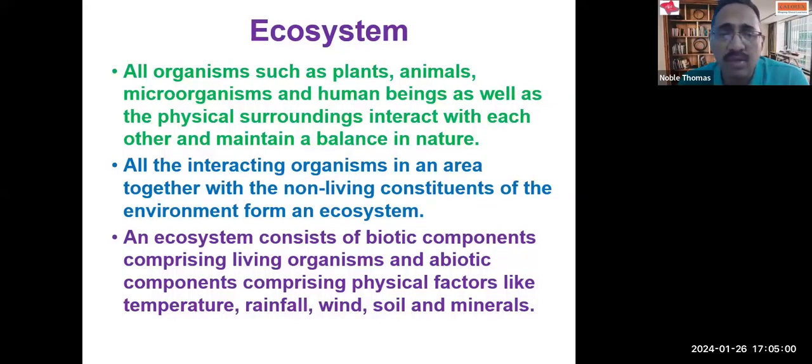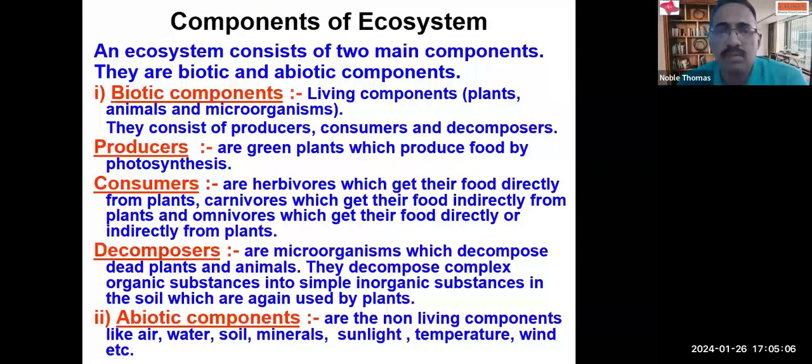An ecosystem consists of biotic components and abiotic components and their interrelationship. The major biotic components are producers, consumers, and decomposers. And the abiotic components are those components which are helping the biotic factors. There are two terminologies being used very commonly: one is abiotic components and the other one is non-living things. Not every non-living thing is an abiotic component. What can be called abiotic components? Abiotic components are those materials which help an organism to survive.